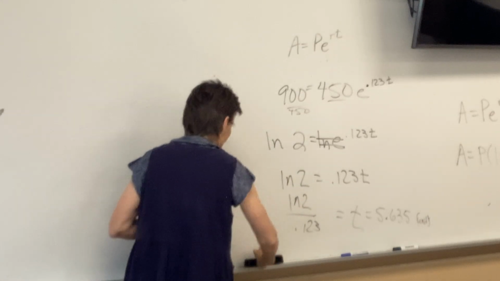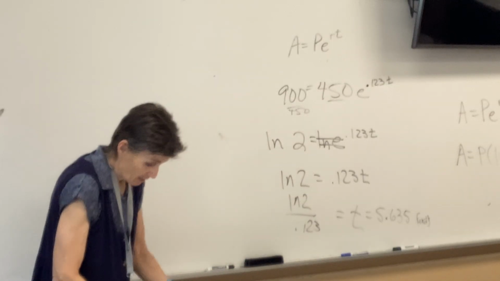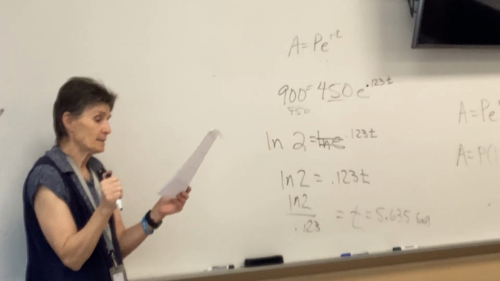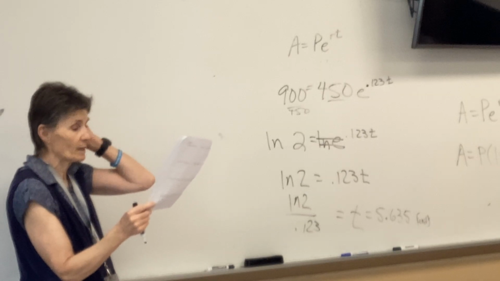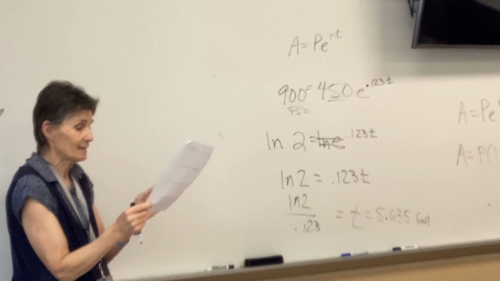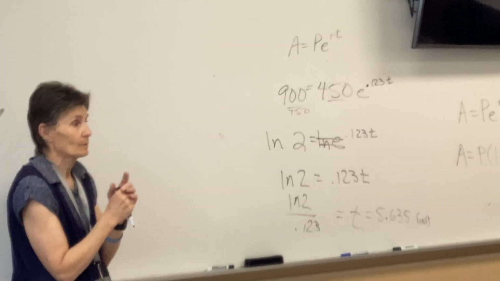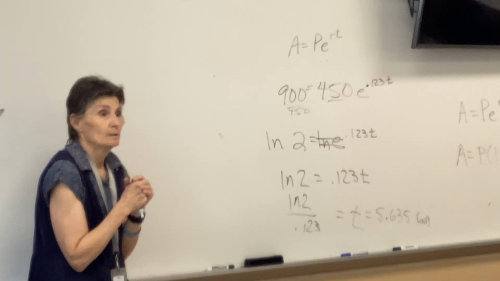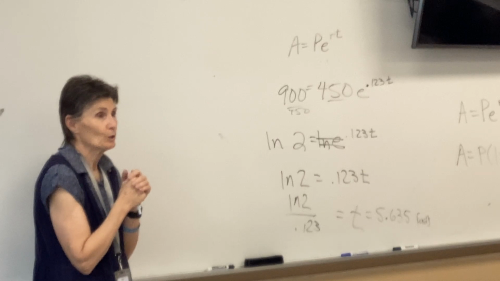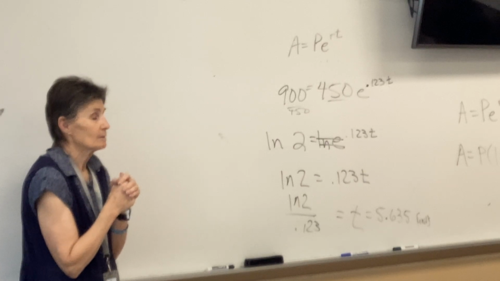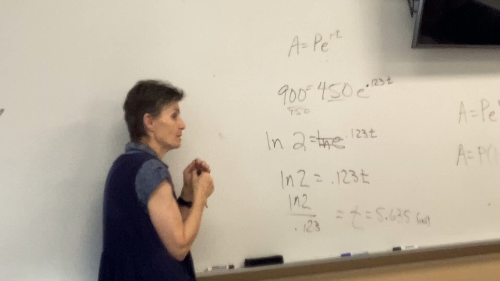All right, next problem. How much do I need to deposit in an account paying 4% compounded continuously if I want to have $35,000 in exactly 10 years? Second one. Which formula? Look back at your notes. I told you